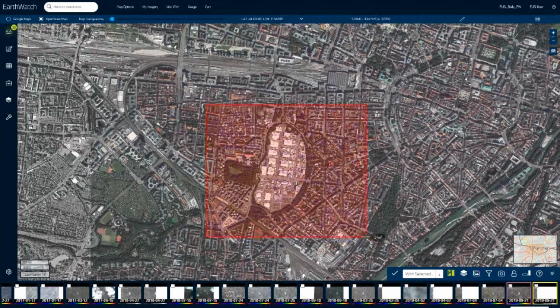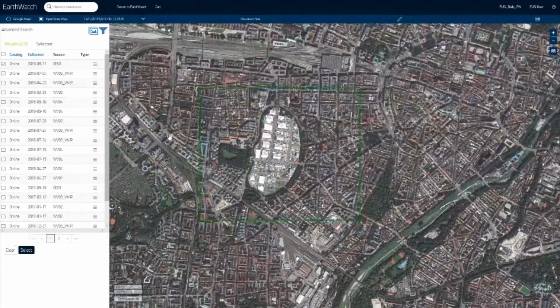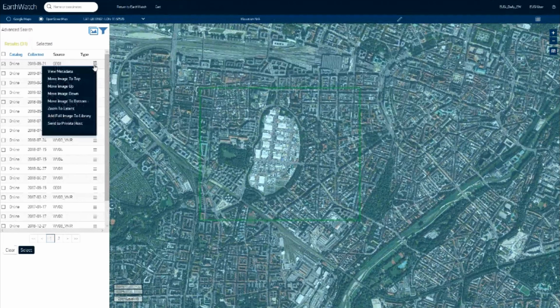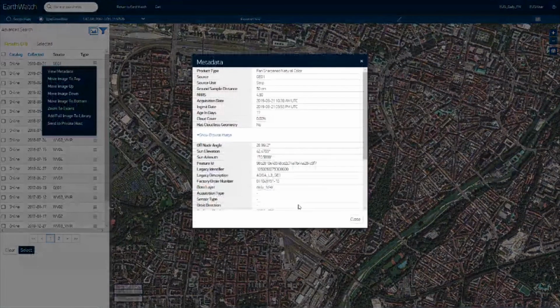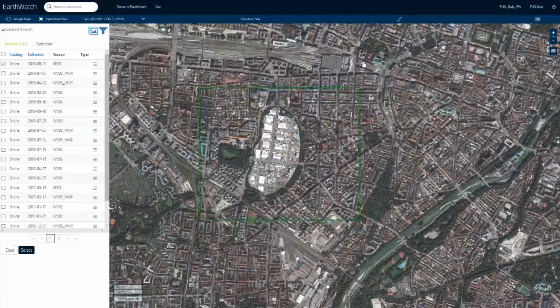This is much like our online search and discover tool, where you see straight away which imagery is available and you see the date on which it has been collected. You see the sensor. You have access to the metadata. You can search either the online catalog or the whole Maxar archive.